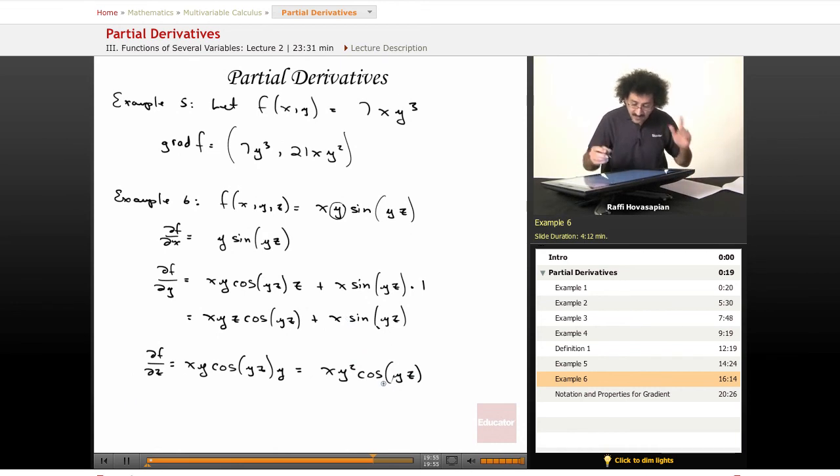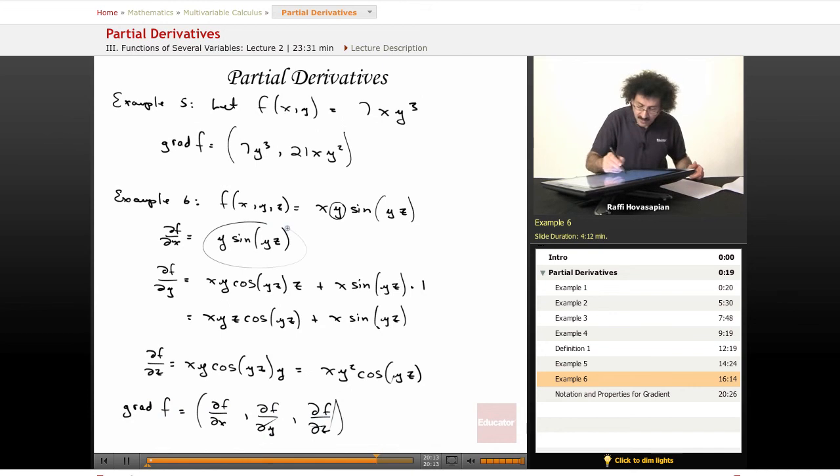The gradient vector, the gradient of f is equal to, the first component is df dx, the second component is df dy, and the third component is df dz. That's the second component, and that's the third component. That's all that's going on here, but it's very, very important. The gradient is a vector. Okay,